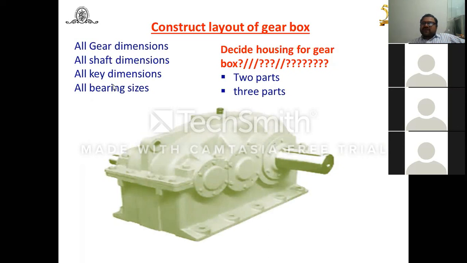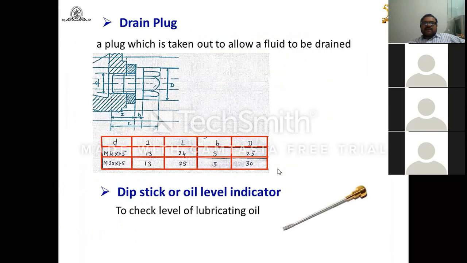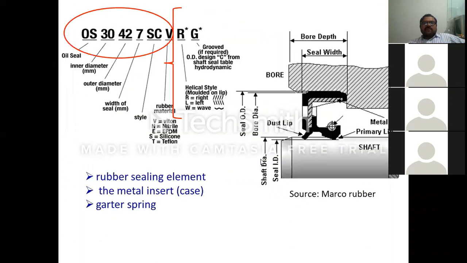So there is no need to use an oil seal for the intermediate shaft. But here, at this one end is the input shaft and at the other end is the output. Only two oil seals are required in this case, as per the openings, input and output. But while selecting, again, it's a standard component.